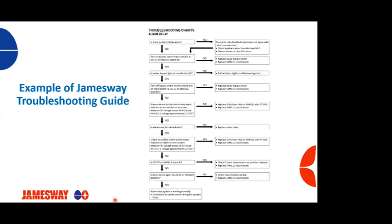And that's what we use: we'll start from the top and work through the process until we find the solution. This saves time, saves money. Instead of spending half a day working on a machine, swapping out 20 different parts that you don't know whether they're good or not until we get the problem fixed, versus spending 10, 15 minutes, half an hour going through the troubleshooting guide, swapping out the one part that needs to be changed out, will save you just a ton of